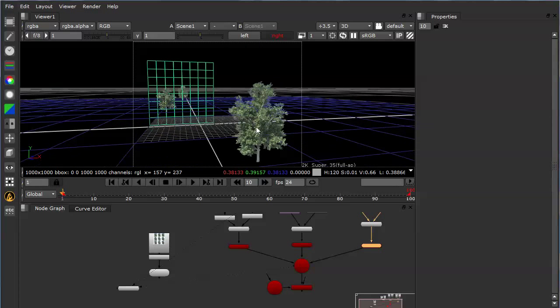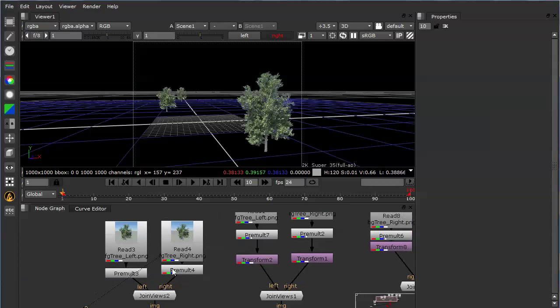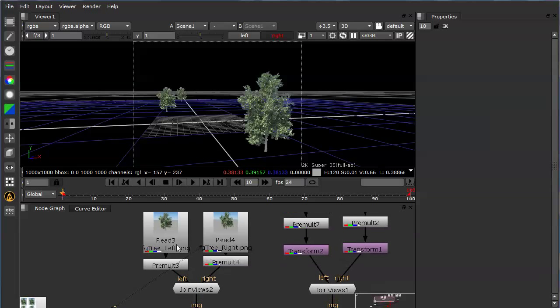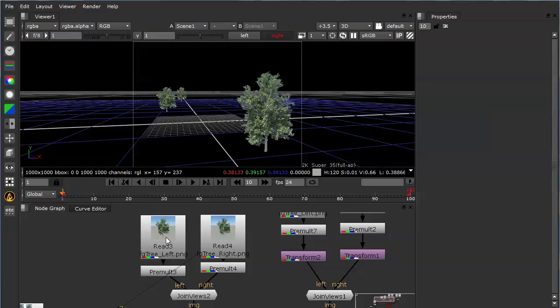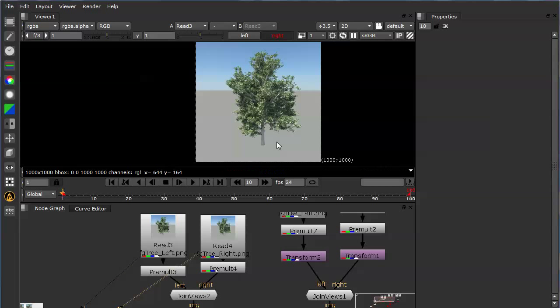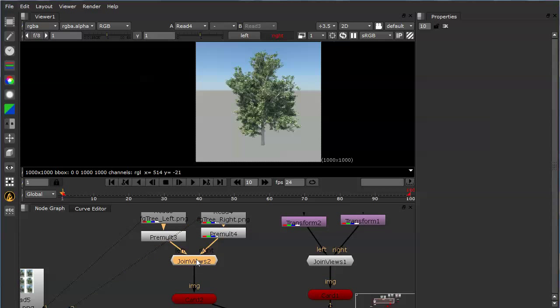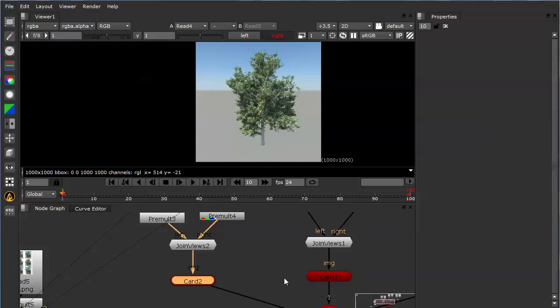So if we just line up the camera here and take a look at this node graph, you can see that I have a left tree and a right tree render. If we just took a look at those, you can see that it's the same tree. I took the camera and just offset it slightly. So those two trees are the same with an offset. If I take those two trees and put them in a join views node before I put them in a 2D card,